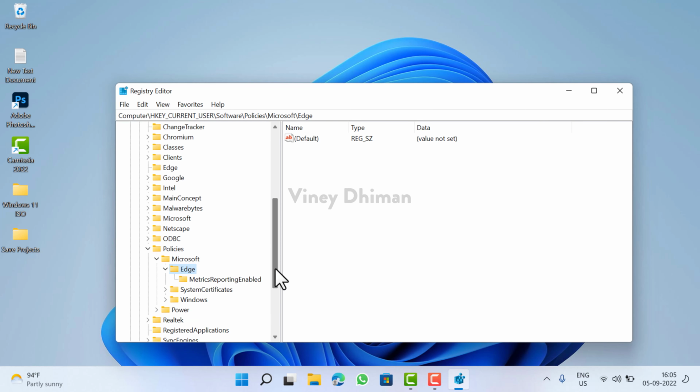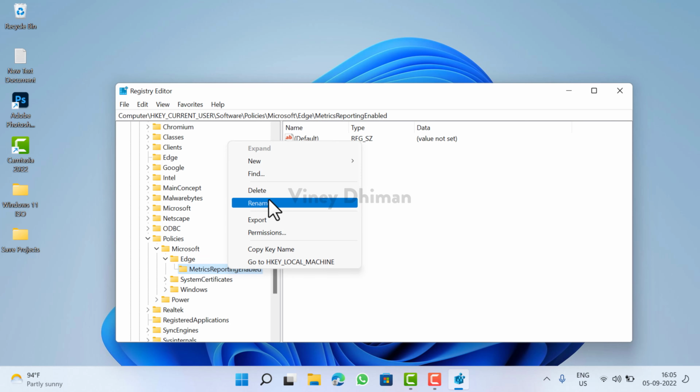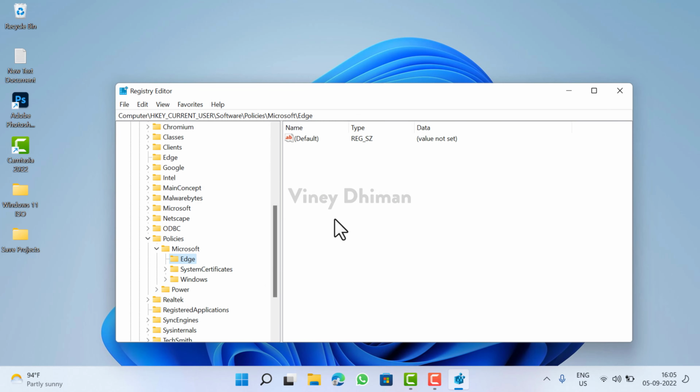Now under Edge key, you need to delete this key named MetricsReportingEnabled. Now after that, you need to delete another key,